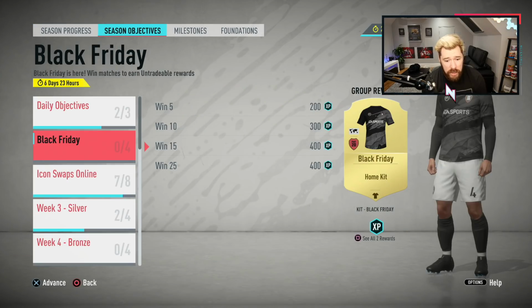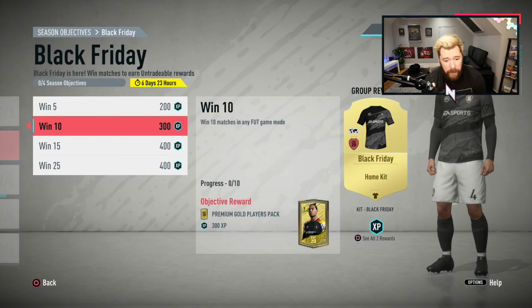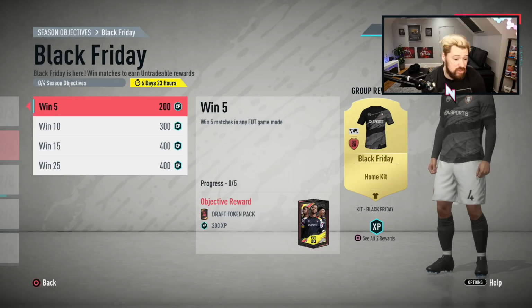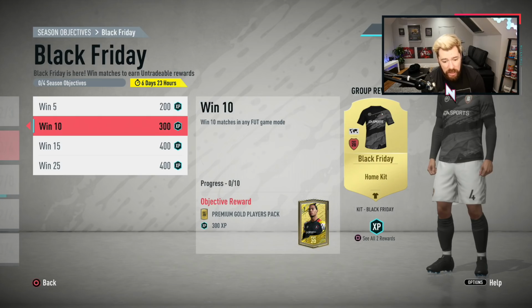So there is a Black Friday season objective with a kit. Win 5 for a draft token. Win 10 for a premium gold players pack. Win 15 for a mega pack, and win 25 for another mega pack. So that's not bad. Just winning games. You've got a week to win 25 games to get yourself a couple of mega packs, a premium gold players pack,